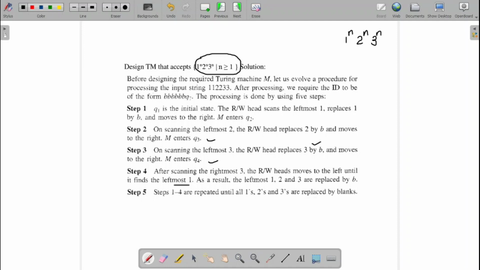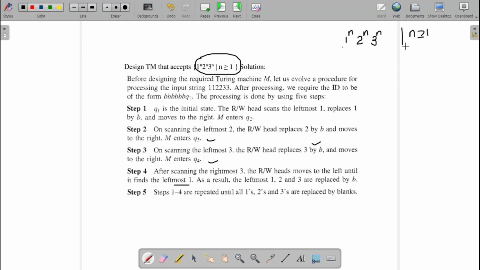The minimum number of ones, twos or threes should be 1. The condition is n greater than or equal to 1. So minimum I should have a single 1, single 2 and a single 3. That is the minimum case. Maximum I can have any number of ones, twos and threes.